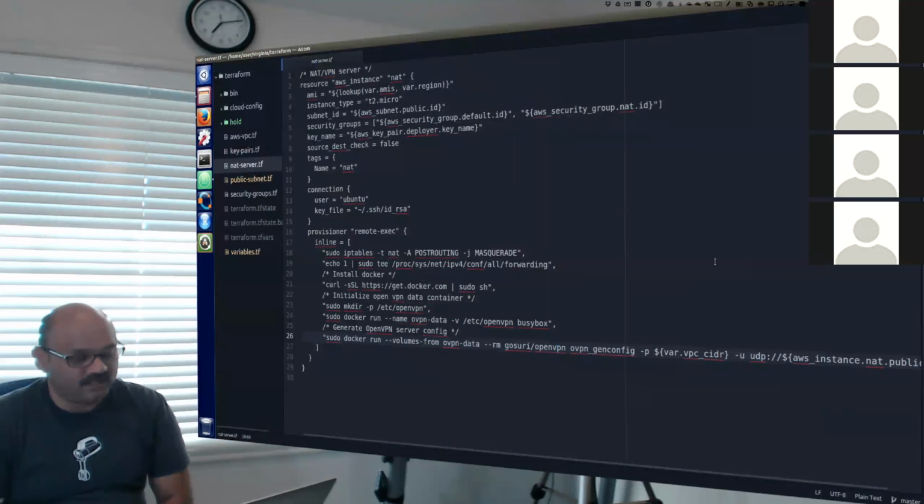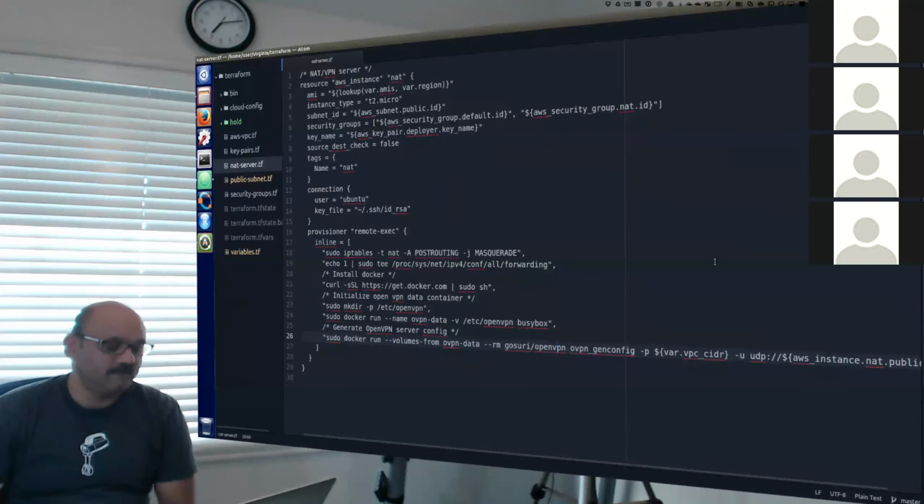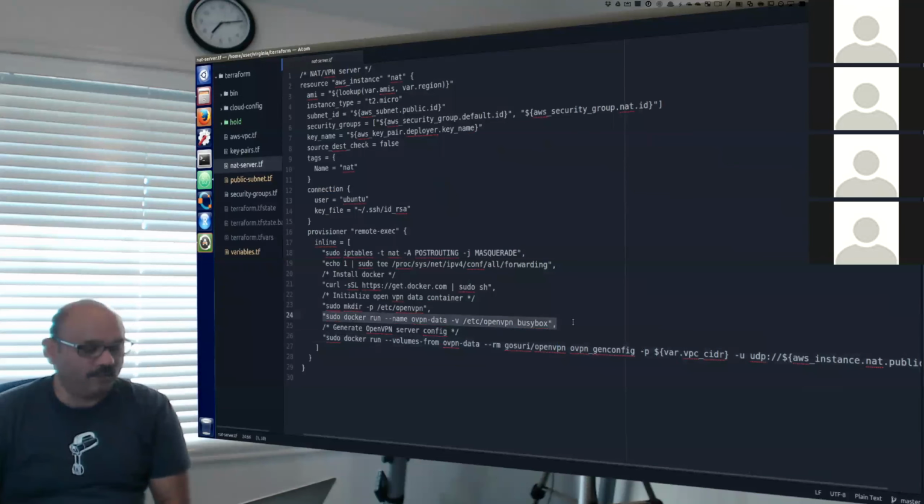Line 26 is docker run volumes-from OpenVPN data. Here, this OpenVPN data is this container. So use the storage from this machine and then run this image from Gosuri OpenVPN. That Docker image is available already.